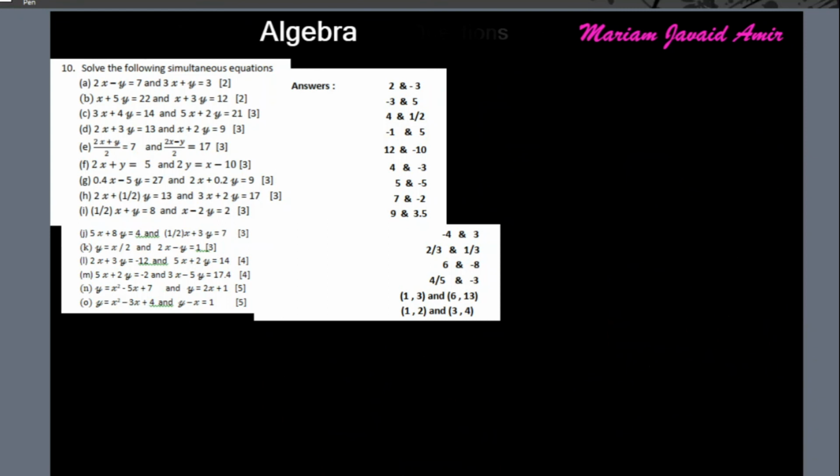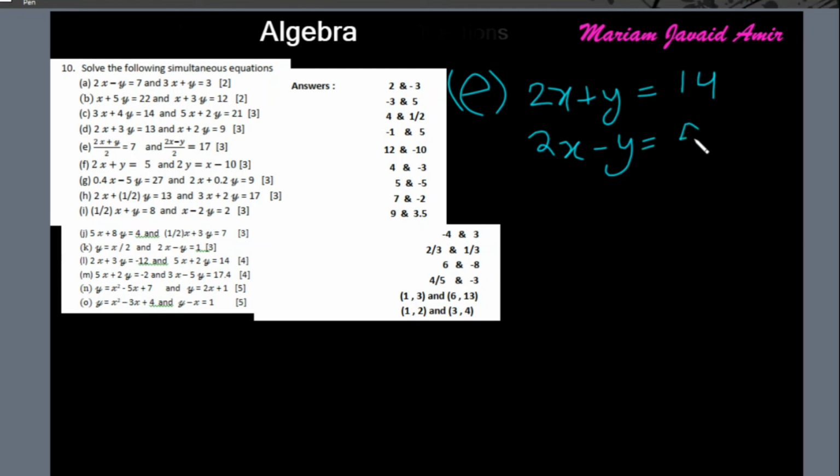Part D is pretty much the same. You'll have to multiply the second equation by minus 2 to eliminate x. Let's do part E, which is 2x plus y, I'm rearranging it, equals 14, and then 2x minus y equals 54. Alright, now add these, we get 4x equals 68, then x equals 1s are, and